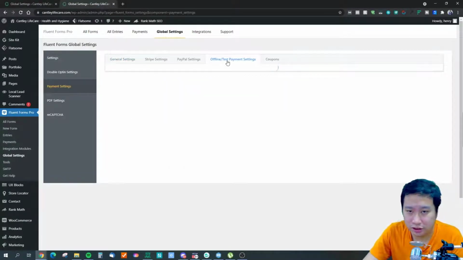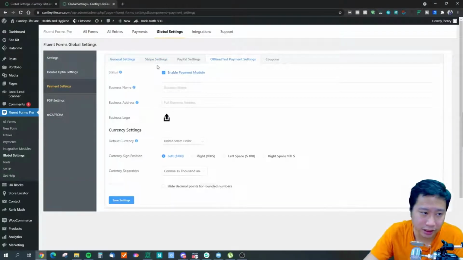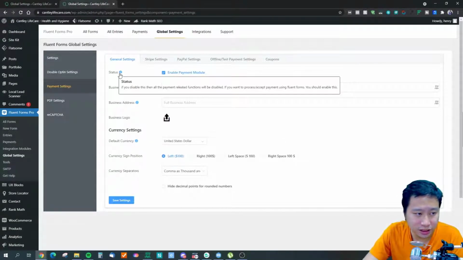Let me just click on this again. Right, so you can enable the offline payment method. So you can actually tell them, hey, you can pay maybe to my bank account or something like that. Okay, so you can set your business name, your logo, right? So this kind of gives them an invoice. Okay, and the currency itself,